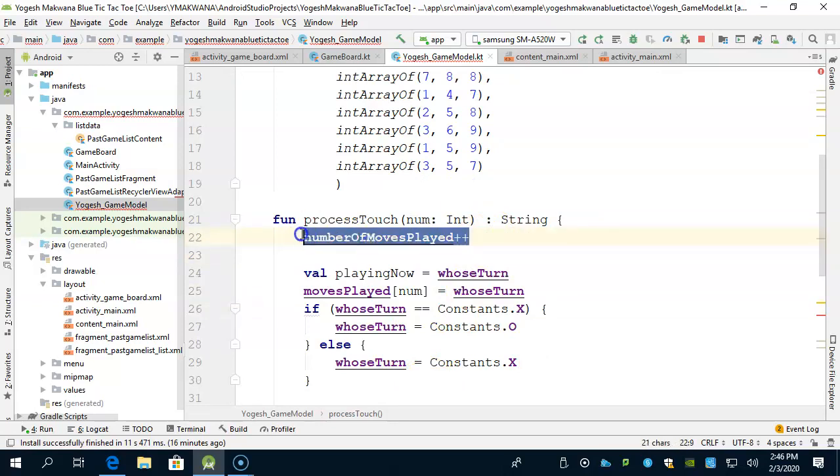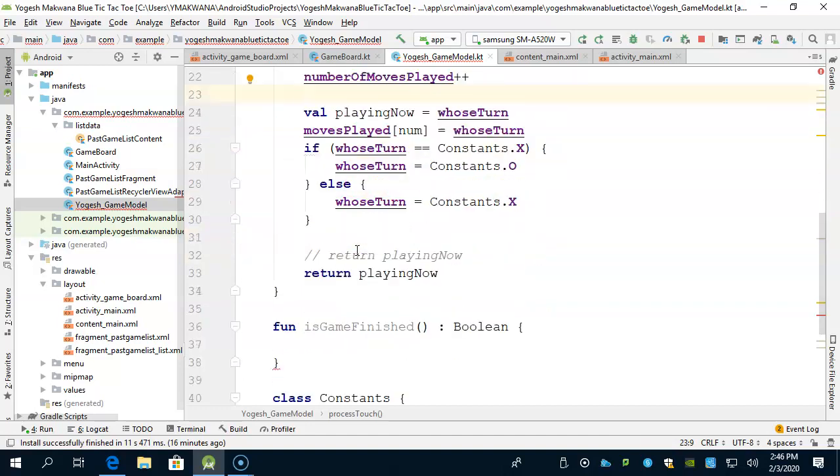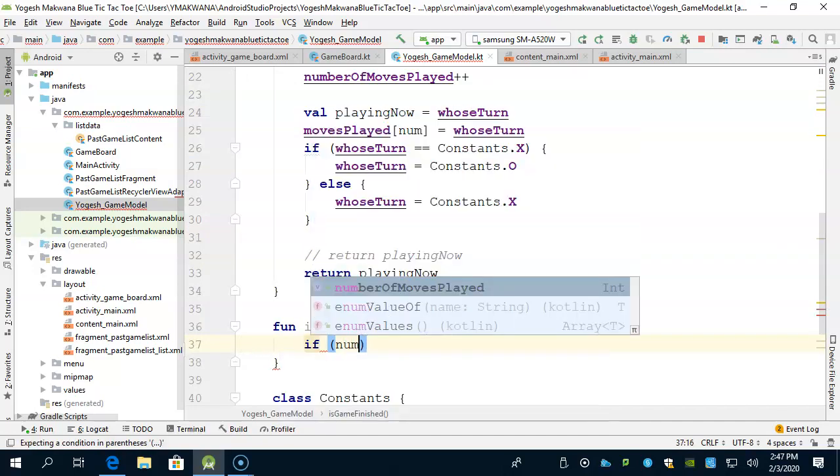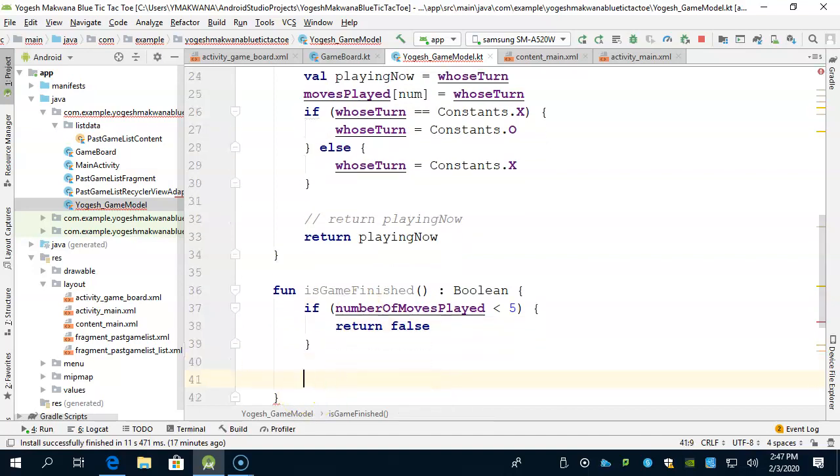This won't work in Swift. Swift people decided that plus plus is no good. So plus equal to 1 is what you'll have to do. Okay, so here let's do the first thing. We'll say if number of moves played is less than 5, return false. Otherwise, iterate over winning